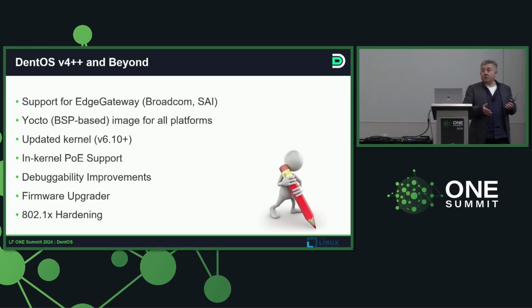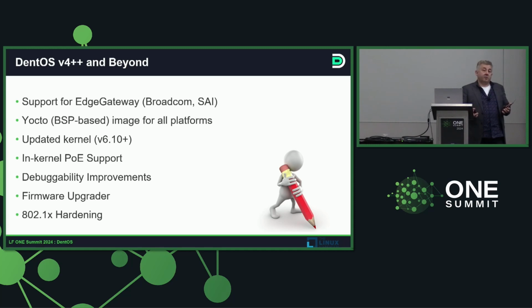And that's one of the goals that we've been working on with the OCP community. How do we make sure that the base BSP package is reusable, not just by Dent, but other OSs as well? So that we have a simple, very maintainable, widely used Yocto distribution that you should build on top of, instead of everybody going and implementing their own build infrastructure. We've also engaged with the kernel community.